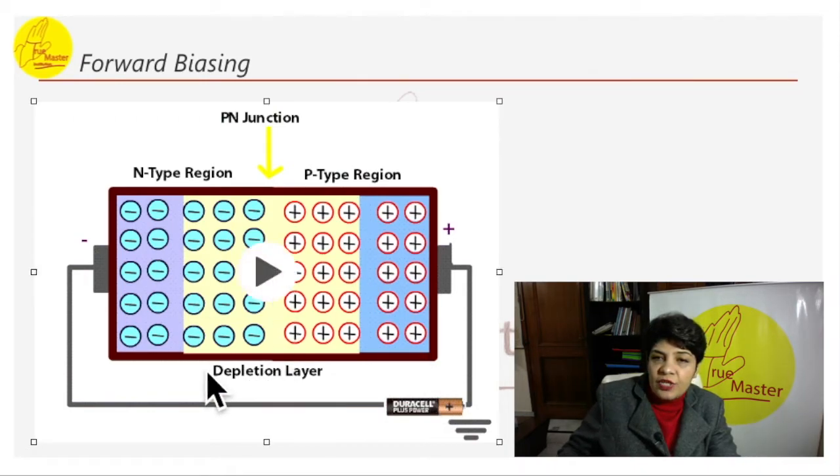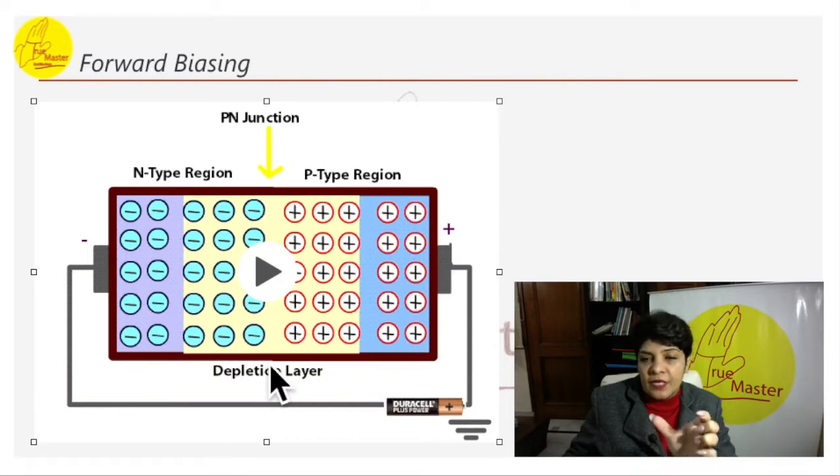This was the depletion layer. This is the P type. This is the N type. We have got the two together, the N type and the P type, and we have put a battery. Why is it forward biasing? Because the positive of the battery is connected to the P type here. Once it is connected, the depletion layer in between will keep reducing, and the barrier that was created here will keep reducing down.